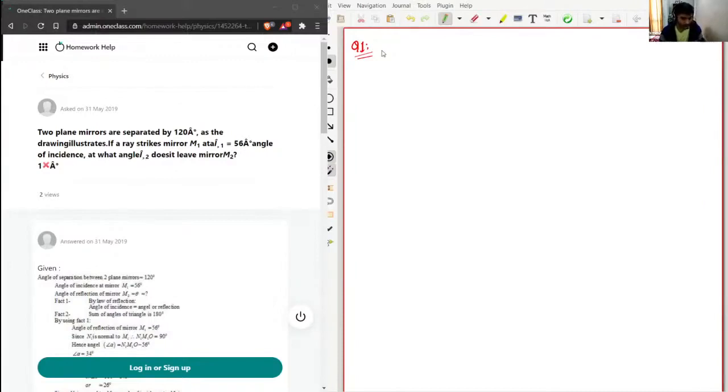So we cannot see the drawing obviously. Now if a ray strikes a mirror M1 at an angle of 56 degrees, that means angle of incidence is 56 degrees here. At what angle of incidence does it leave the mirror? They don't have spaces here. It is very hard to read without spaces. So I'll try to make this,